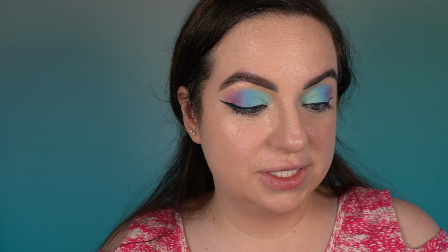All right, I can never open things. Like, what is life? I'm loving how this is looking so far. This smooths and refines pores and